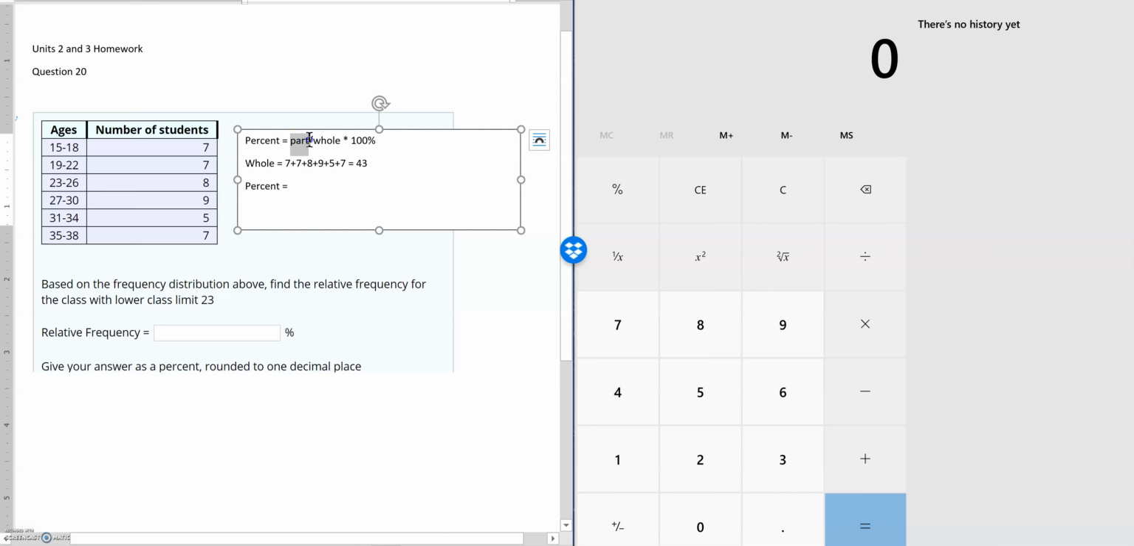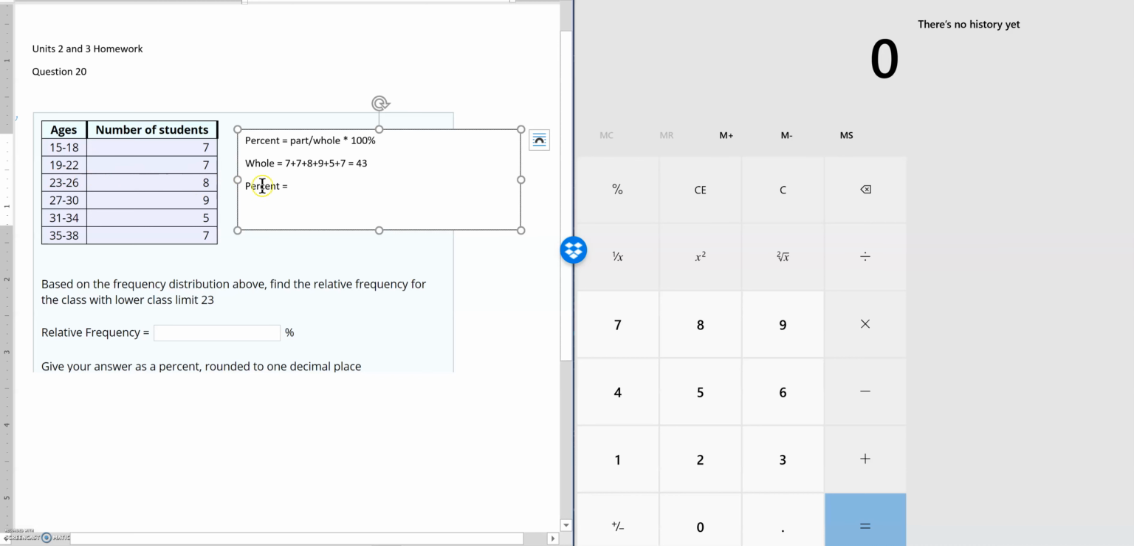So at this point, I'm looking at the question to find out what will be the number that goes in the numerator. Alright, so it says, based on this distribution, find the relative frequency for the class with a lower class limit of 23. So in other words, I'm looking at the ages and I'm looking for a class that starts with 23. Here it is, 23 to 26. So what I'm looking at is, because this is the lower limit of a 23 to 26 age group, I want to count what proportion, or what is the relative frequency, of the 8 students that were